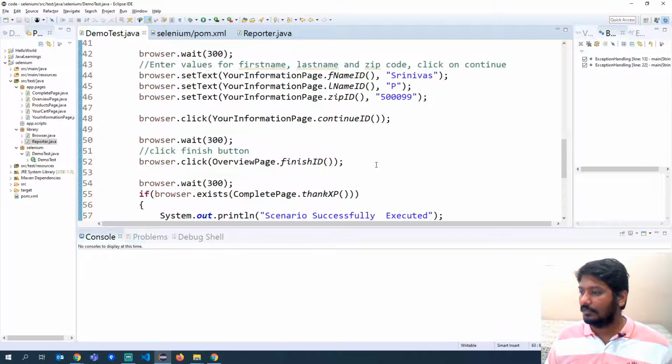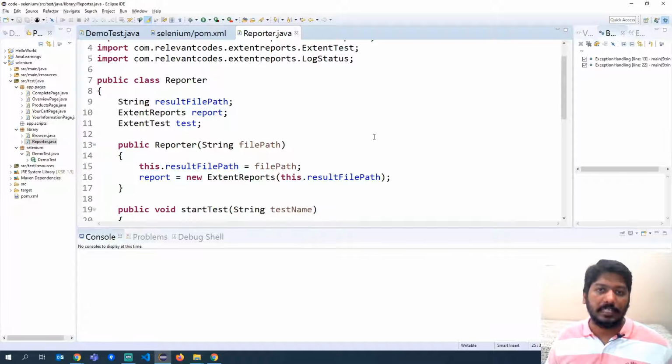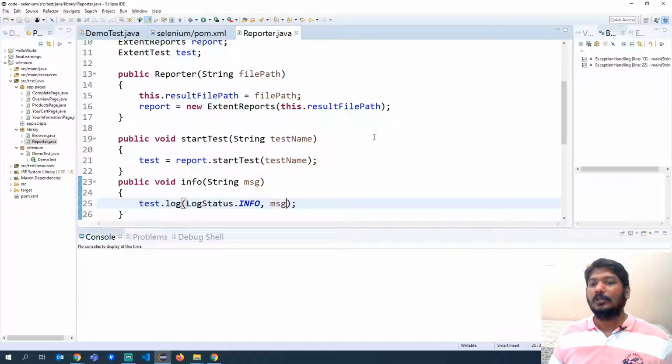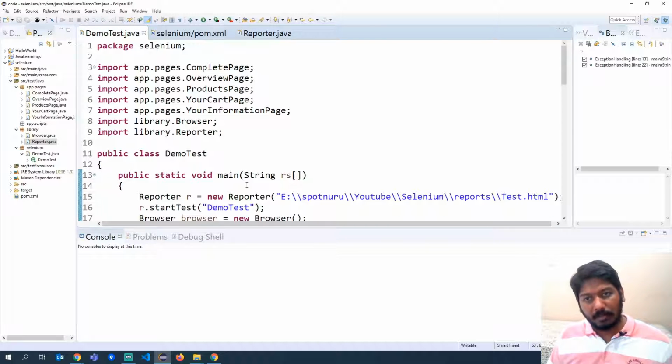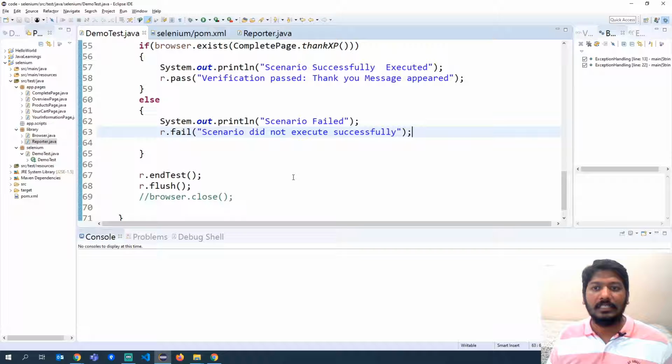Okay, so what did we do here? We first created a reporter class file, and then we added all the extent report related methods so that you can reuse it in any other test script. If you see other YouTube videos or training series, they will just put all the code into one file. What I'm showing here is how you can create different libraries so that you can reuse them. It is like a framework itself, right? You are creating libraries which can be reused in different tests. Here we have only one demo test, but if you have multiple tests, you can do the same in all of those places, and it is easy by using the reusable class.